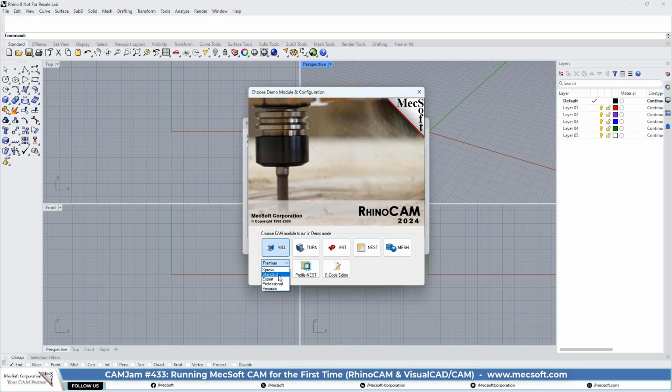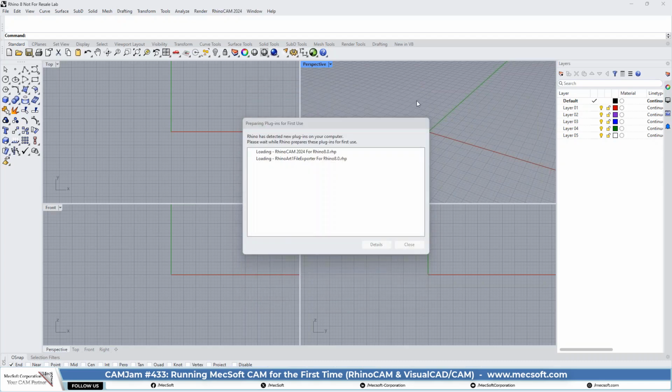You can run the product in a higher configuration, and all of the operation types, all the toolpaths and everything is there. You can play around with it, see how it works. You just can't post, and you can't save your operations, but that's a good thing to know here. So let's go ahead, and we're just going to close this for a second.